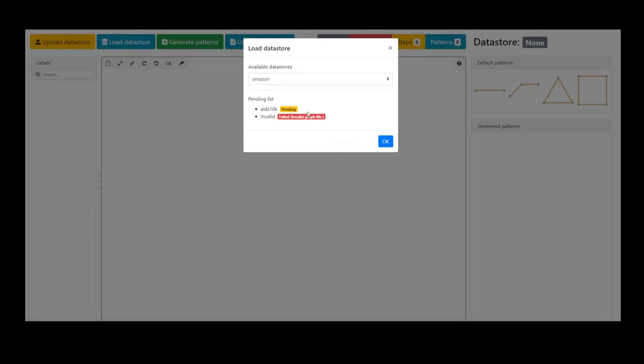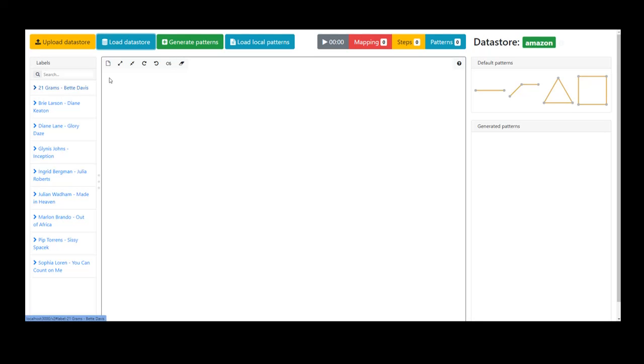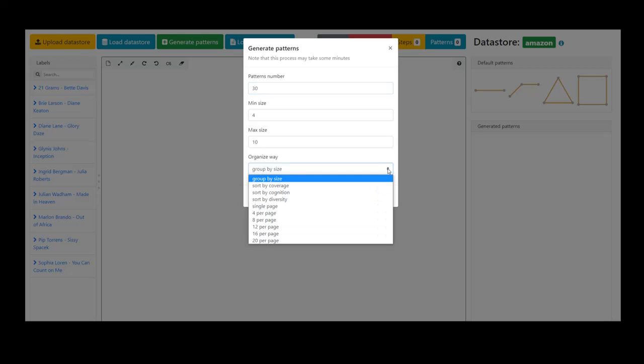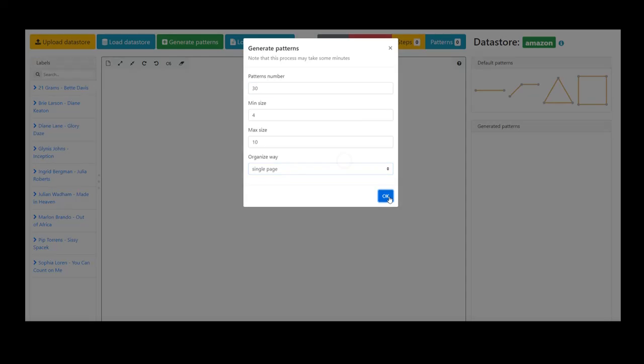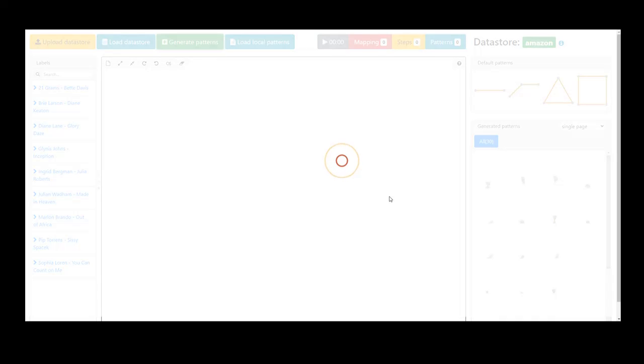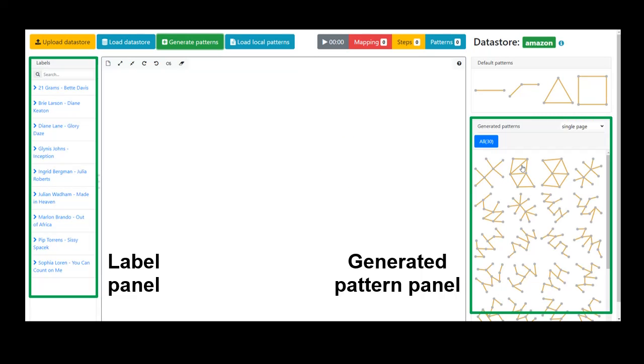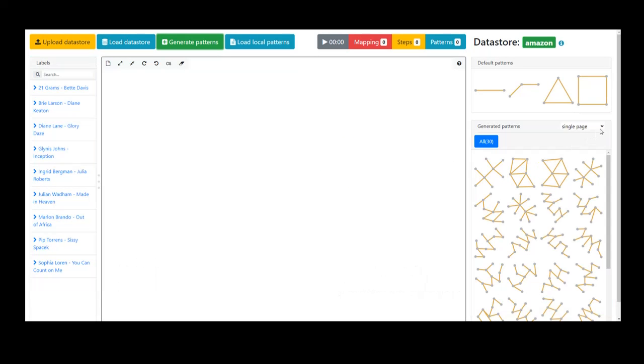In this video, we demonstrate a novel data-driven visual plug-and-play subgraph query interface construction system called PLAYPEN. Given an input which is a large graph such as Amazon dataset, PLAYPEN automatically populates various panels of the VQI from it. A key feature of PLAYPEN is its ability to generate patterns which the user can browse for formulating